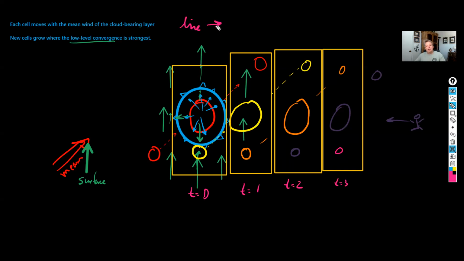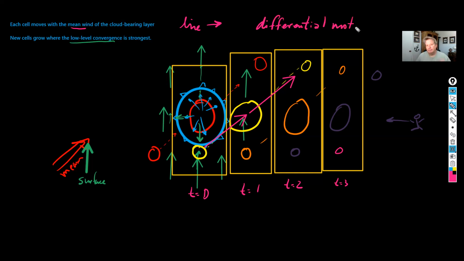It appears as though the line is moving to the east, even though what direction is each cell moving? Each cell is moving to the northeast with the mean wind of the cloud-bearing layer, right? That's the mean wind. So what we have created is that the storm as a line is moving differently than the actual cells. So we say that the line experiences differential